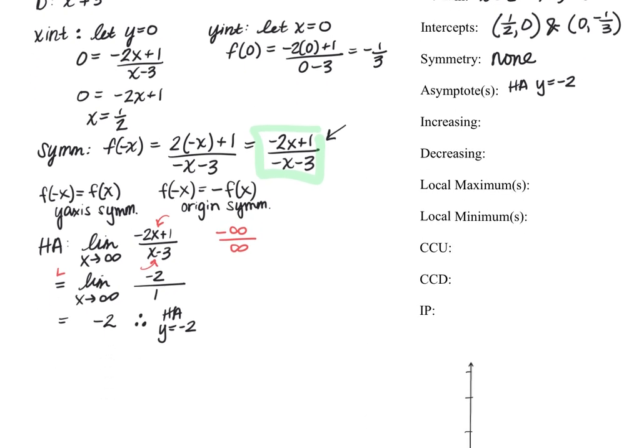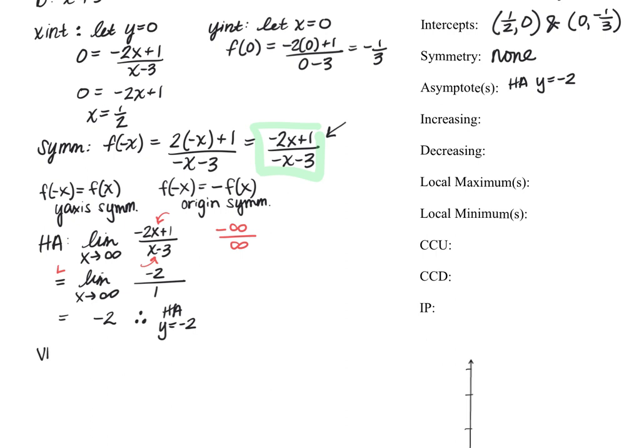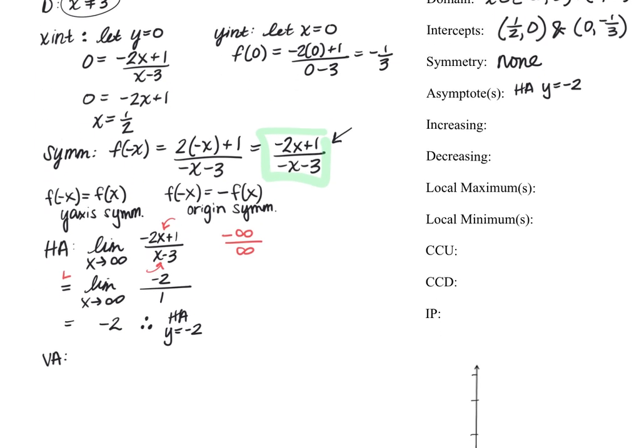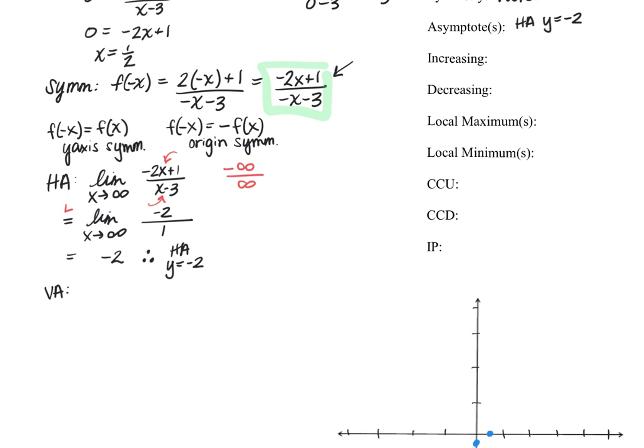And then we need to move on to a vertical asymptote, which is a different ballgame. So a vertical asymptote may occur. However, we've got to look at the domain again, and the domain up here said x cannot equal 3. So we're not sure what's happening at 3. Some options, we might have a vertical asymptote. That would be an infinite discontinuity. But we also might have a hole or a removable discontinuity. So we really don't know what is happening unless we dig deeper and look at the limit as x approaches